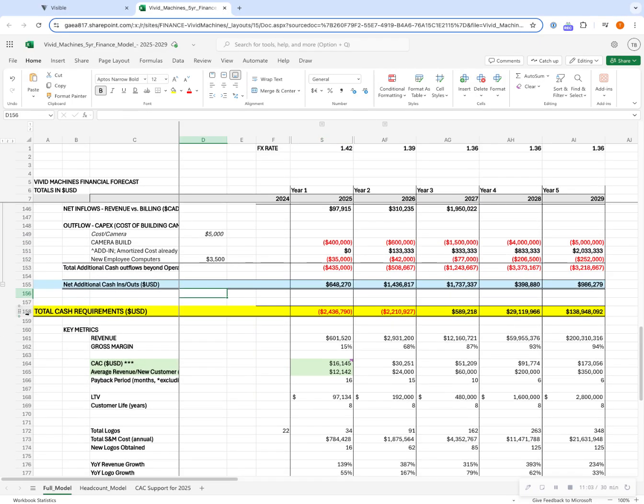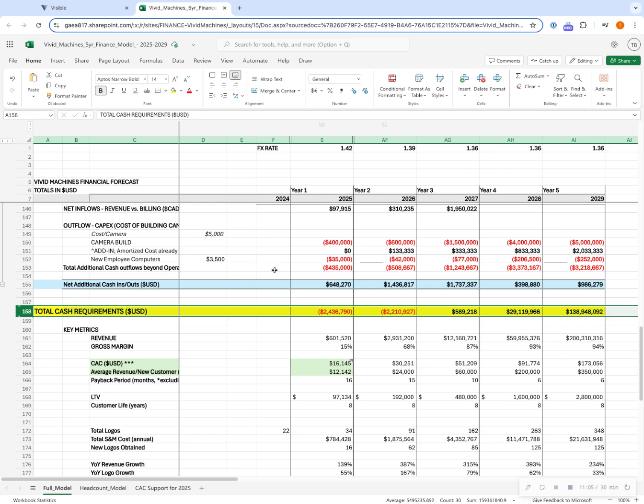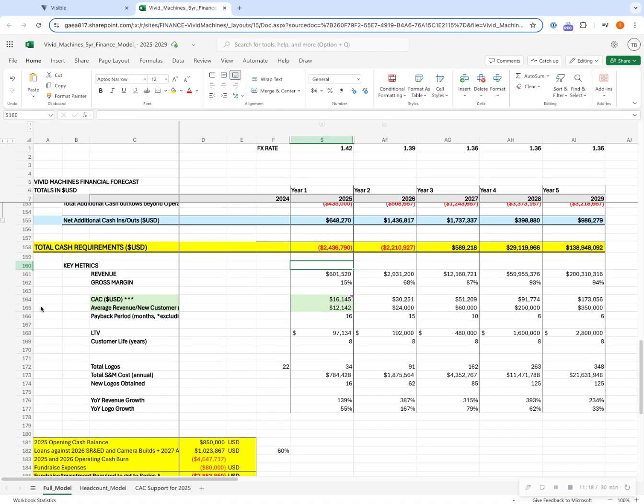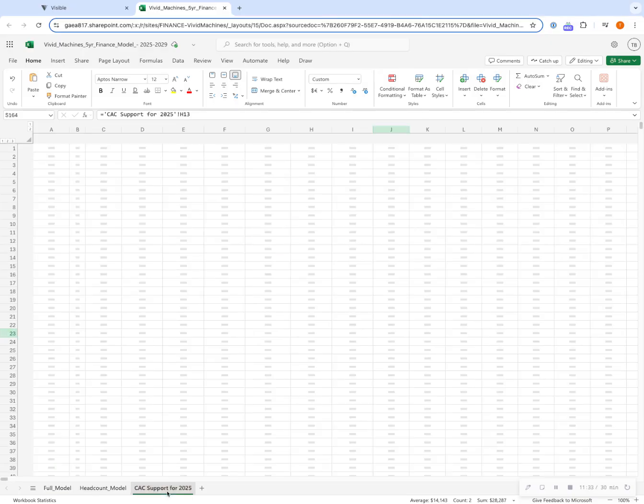So this leads us to row 158, which outlines the total cash requirements of the business. Vivid Machines expects to be in a cash flow positive position by 2027, with 4.6 million of burn leading up to that point. Key metrics are included as a summary below the cash requirements, and calculations are derived from the model itself, with the exception of CAC in 2025, which has been inputted with actual data in the CAC support tab found here,